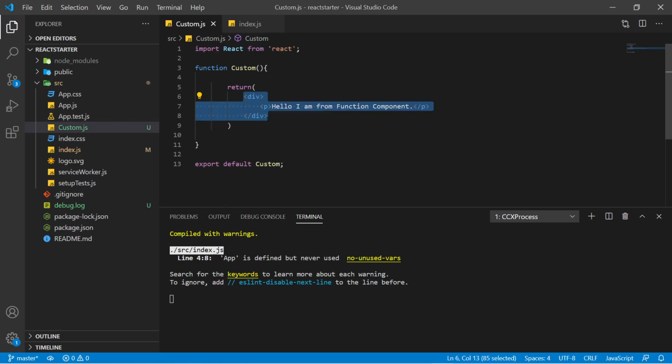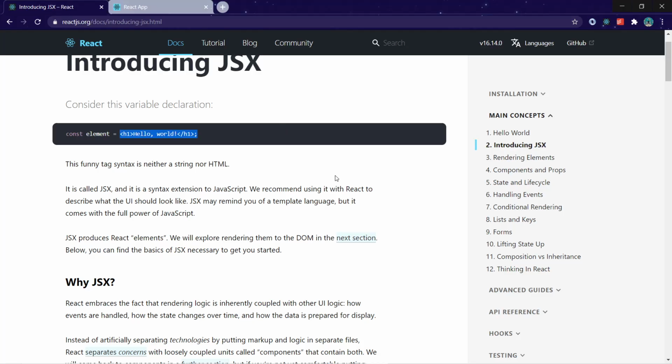If you might have noticed in the previous video, we made this particular component where we wrote HTML tags inside JavaScript file. So this particular syntax is known as JSX and its full form is JavaScript XML. So whenever we want to create user interface in React, we generally write JSX syntax, which looks like this, and it is similar to HTML, but you can't say it HTML because it's used inside the JavaScript file. So that's why it has been given a particular name, which is JSX. So let's understand more about it.